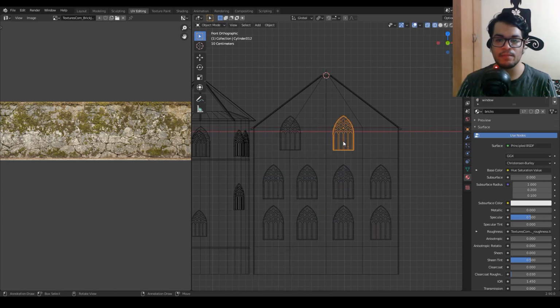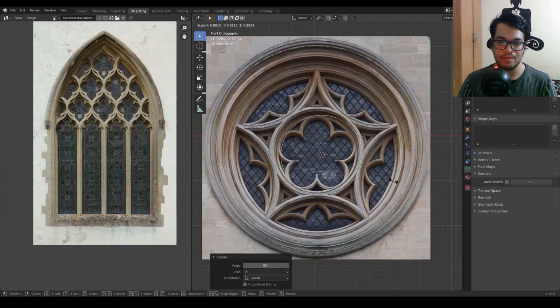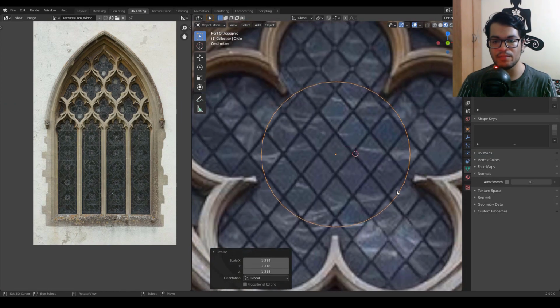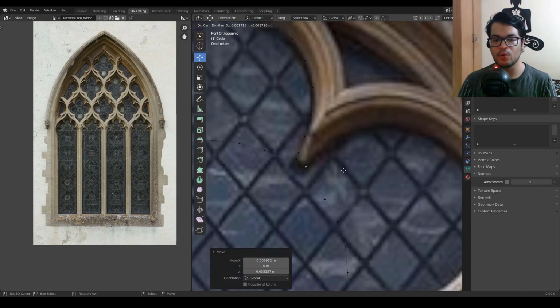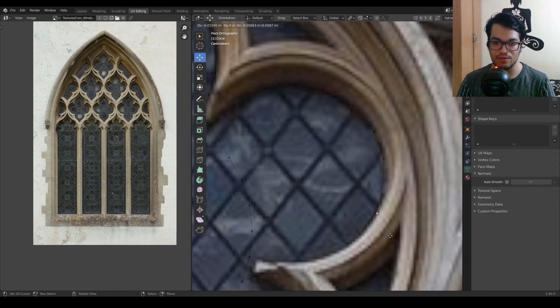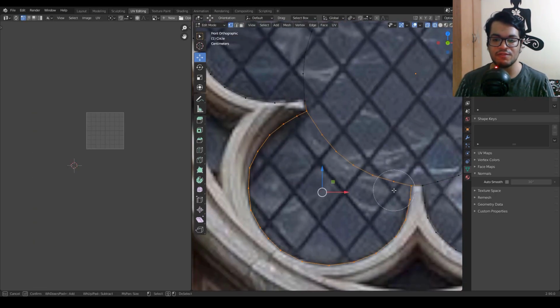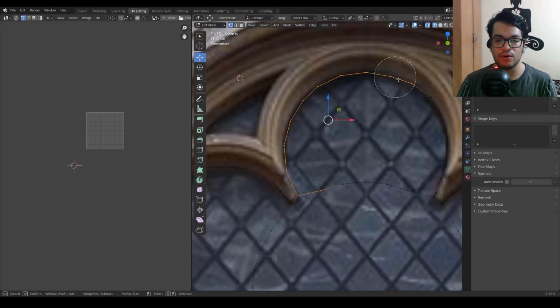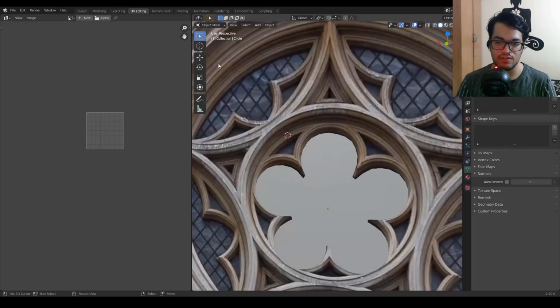Now we need to model the main window of the cathedral. You can totally get away and use the window that we made earlier, but I'm going to use a different window for some variation. So we are going to follow the same process when we made the first window. We are just going to trace this out and fill in those faces.